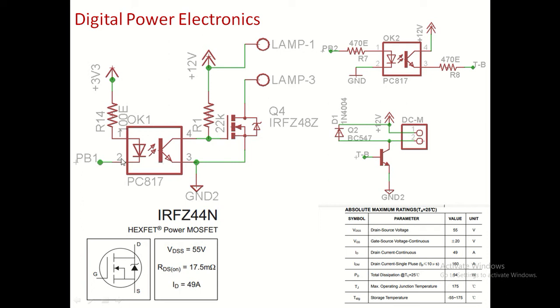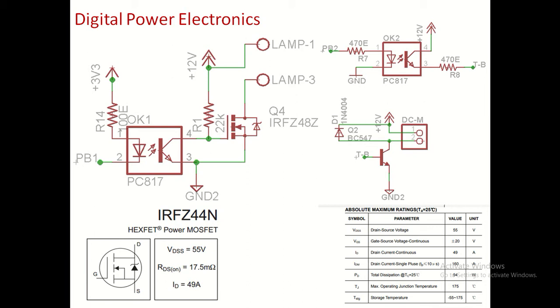So this is called optical isolation. Optical isolation means this LED, light emitting diode, is driving a phototransistor, and the phototransistor is driving the MOSFET, and the MOSFET is actually drawing the amperes of current through this drain, right? So the drain current may be up to 50 amperes of current. So this is what we call optical isolation.